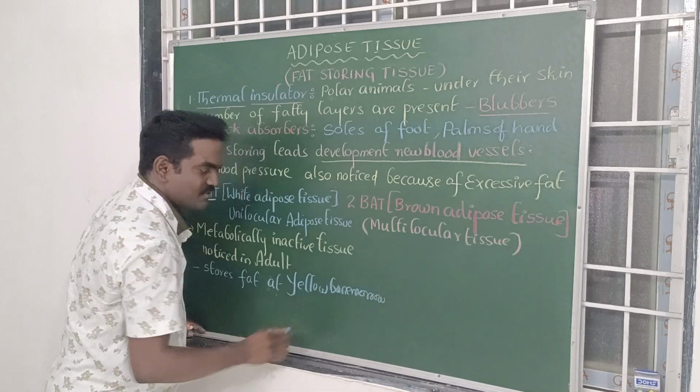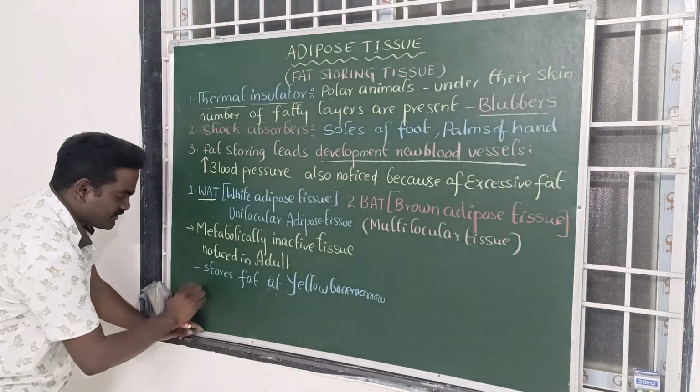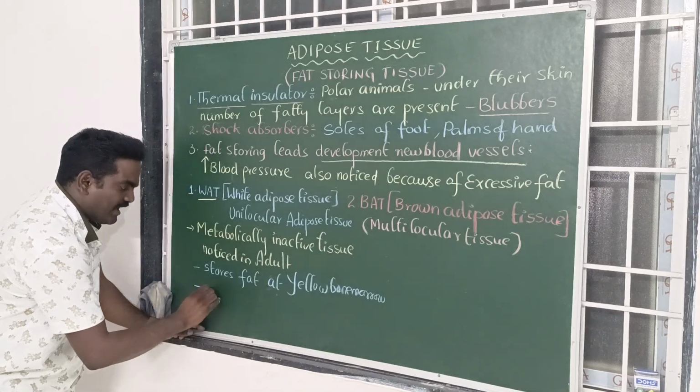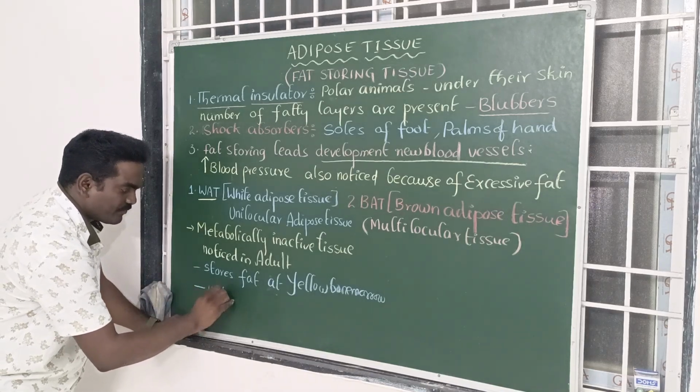I will talk about this later. What is yellow bone marrow? And next, it also stores the fat under the skin,